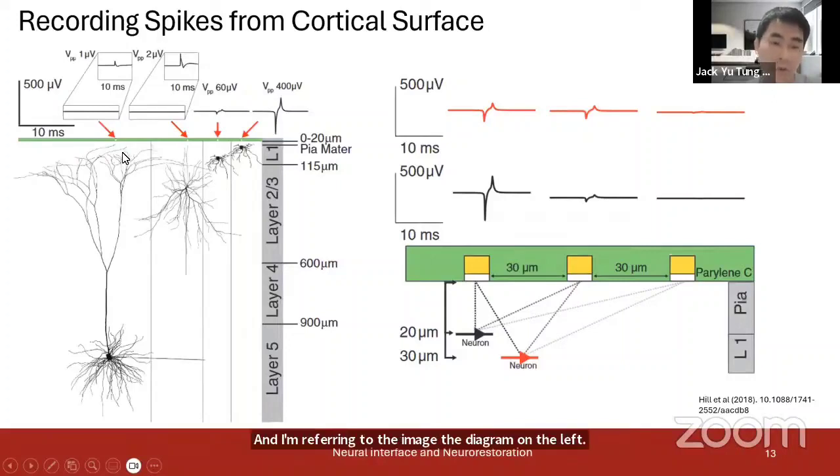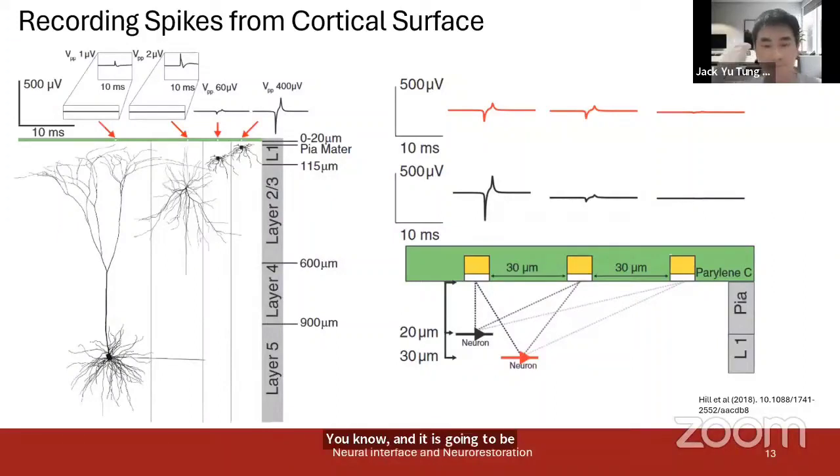And in reality, it's not discernible from the noise level. On the contrary, neurons in layer 1, because they are so close to the electrodes lying on the surface, can actually generate comparatively large signals with amplitudes on the order of 60 to 100 microvolts. Which will indeed show up on the micro-ECoG array, and it is going to be significantly above the noise